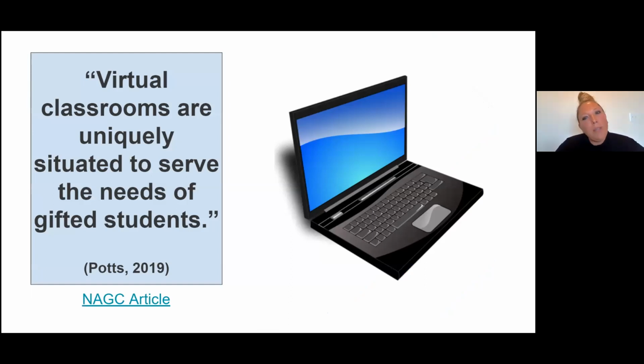There is actually quite a bit of research out there on virtual teaching. One of the research components actually says that virtual classrooms are uniquely situated to serve the needs of gifted students. In the chat box, please write why you think that could be. Why would a virtual classroom meet the needs of gifted students? That's right, individual pacing, personalization. Some do prefer to work alone, Michelle, absolutely. Yes, and linked below when you get this presentation is the NAGC article talking about the benefits of virtual learning